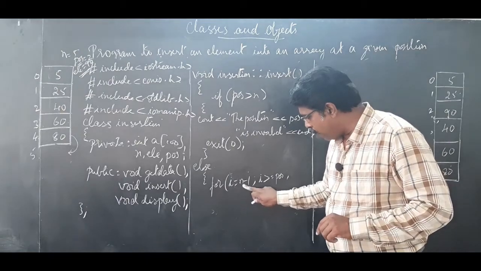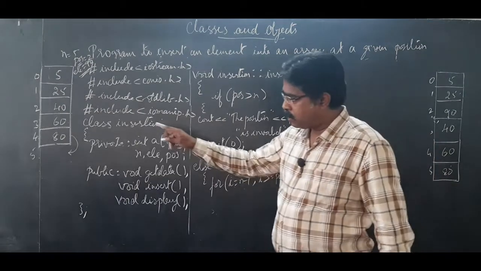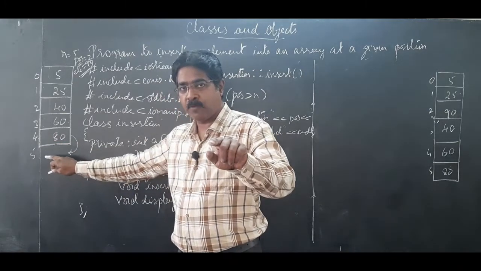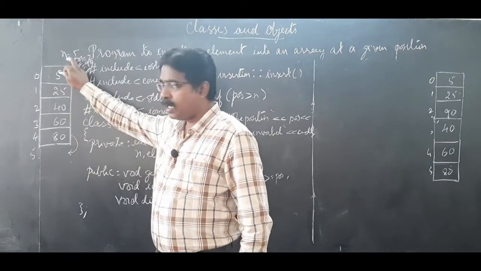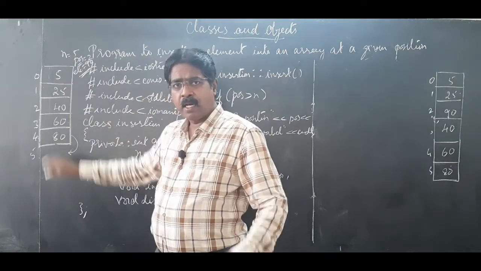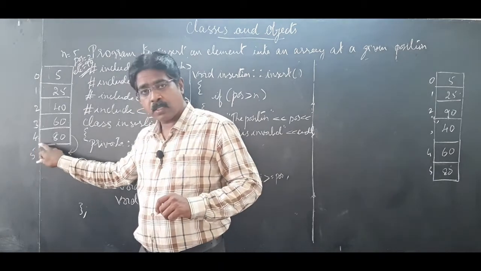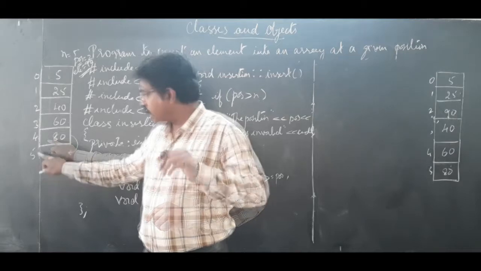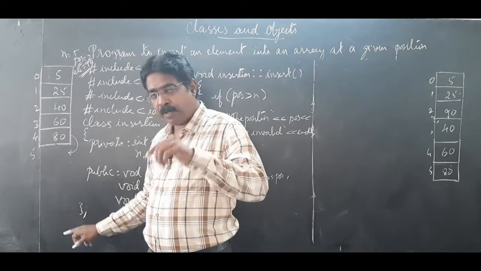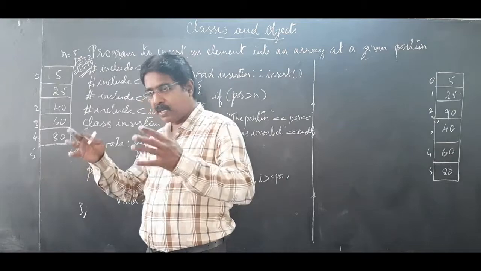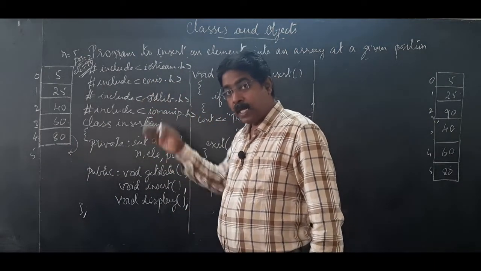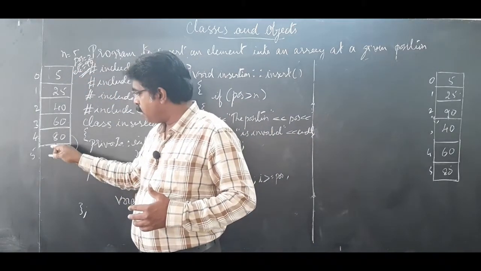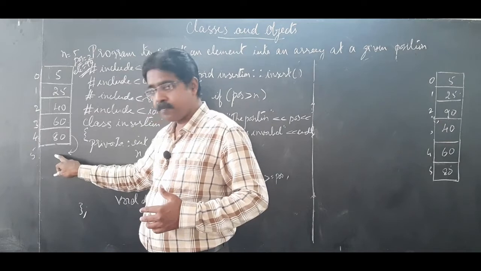I equals n minus 1. Why did I take n minus 1? Because shifting happens from the last. Hence, the last indexing is 4. How to go to indexing 4? We have the total number of elements here as n. So, this is the reference point for us to go to the last position or the last element here. So, n equals 5. In the input part, fifth indexing is not there, but when we want to shift, we will be using that fifth index because our array size is what? 100. Till 99 we can move.